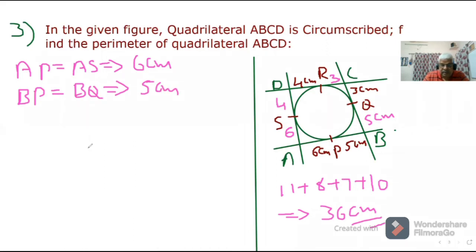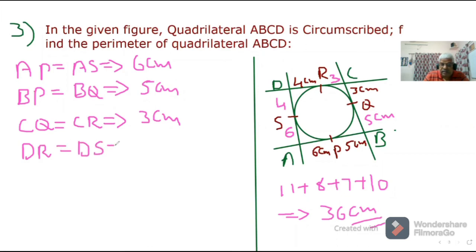Next, CQ is equal to CR. Here, both of them are equal to 3 centimeter. Next, last one is DR is equal to DS. This one's measurement is equal to 4 centimeter. Okay, so as we got, therefore, the perimeter